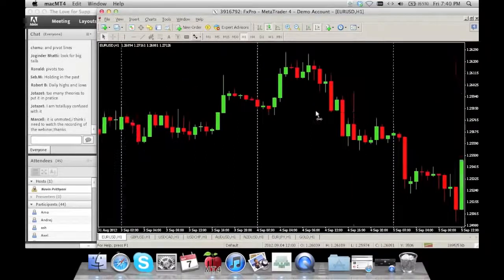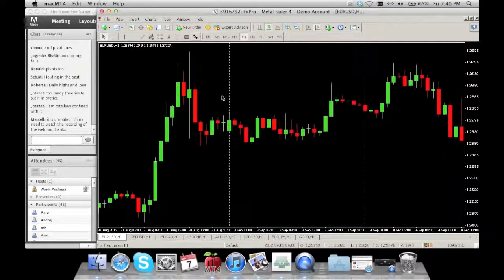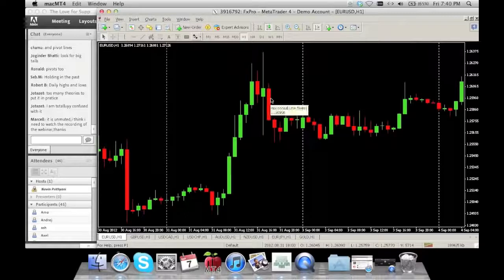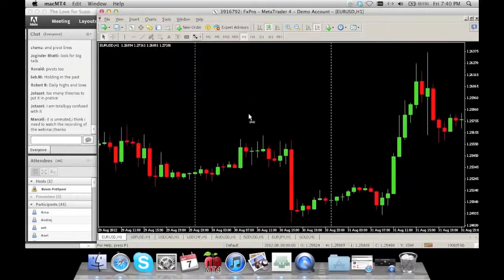Okay. So, support and resistance is nothing but a wall. Do not go too much into detail of what it actually means because it's nothing but a wall. A wall that's trying to hold the market. Now, support and resistance can be drawn in several ways.